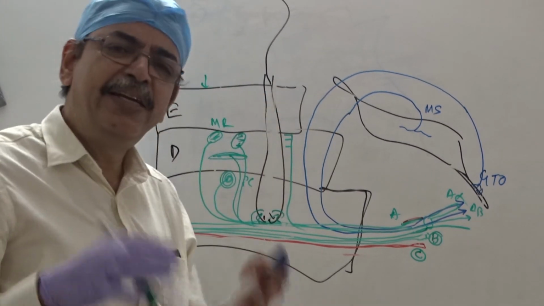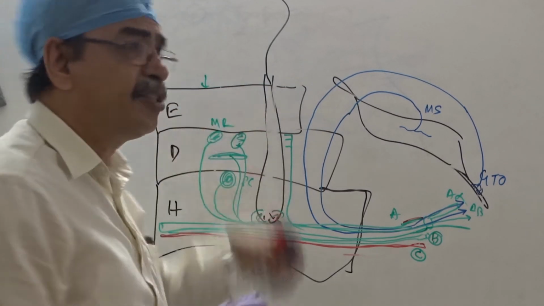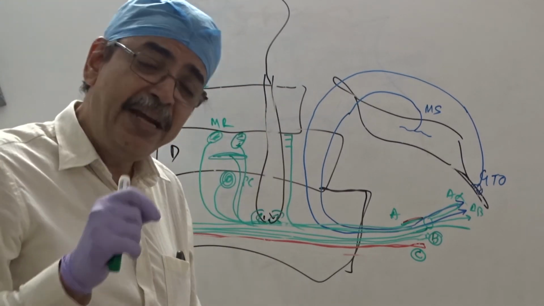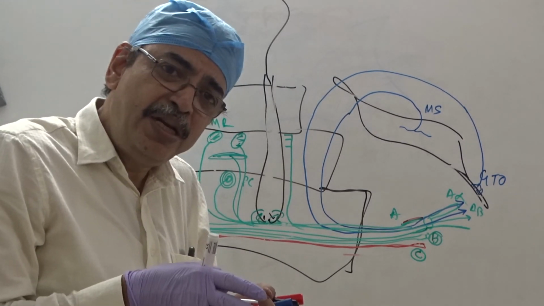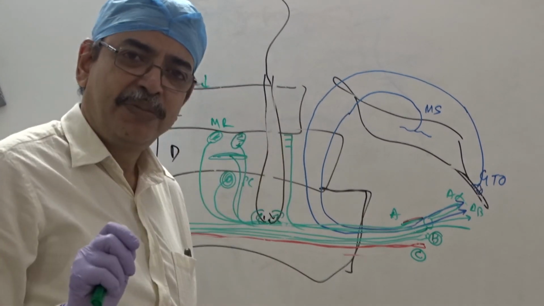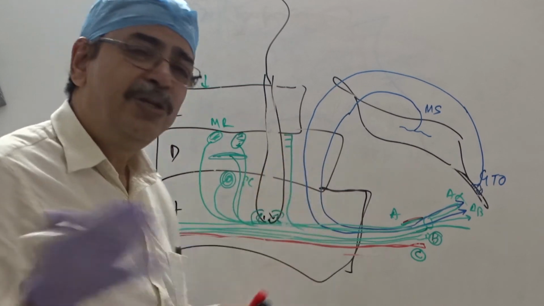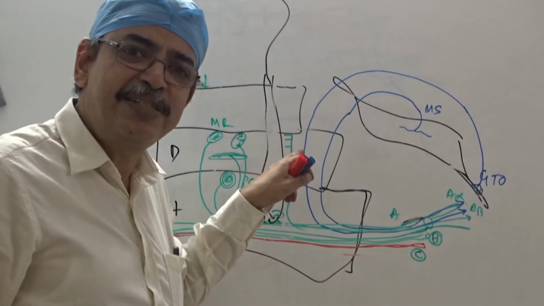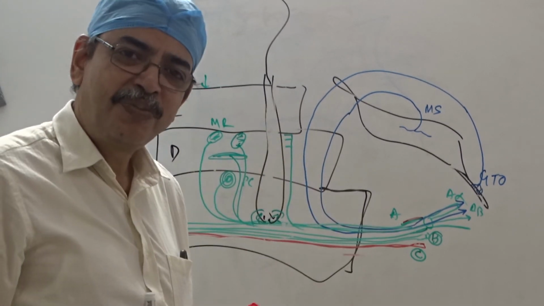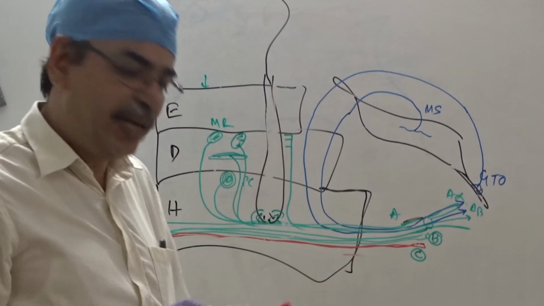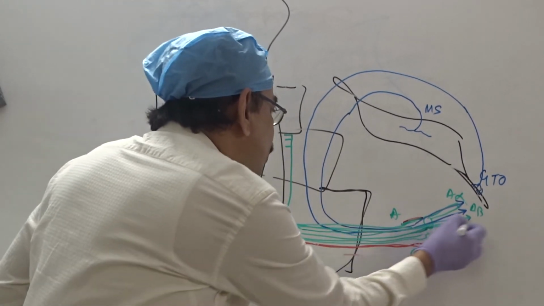They can transduce not only the touch or pressure, they can transduce both mechanical pressure as well as chemical. Their chemical sensors are there. There are also heat thermal sensors. So they can transduce this thermal energy, chemical energy and mechanical energy and convert it into electrochemical energy towards the